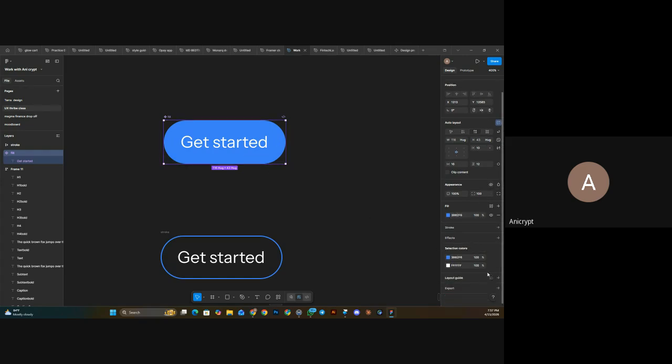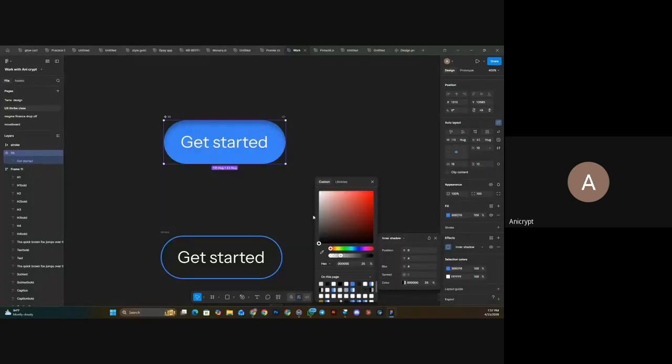Then I forgot to, let's say this particular button now, we want to style it. Let's add an inner shadow. I told you that you can add effects to your design in the other class. Let's give it white, then reduce the opacity of this white. You can style it anyhow. You can add effects to your,